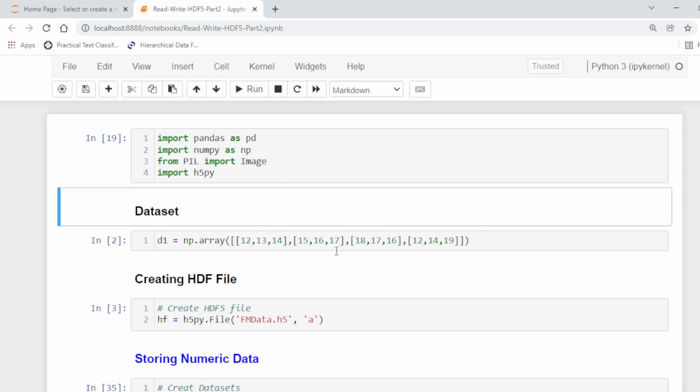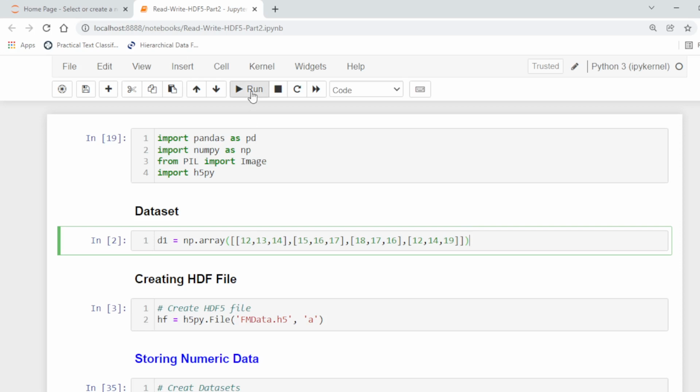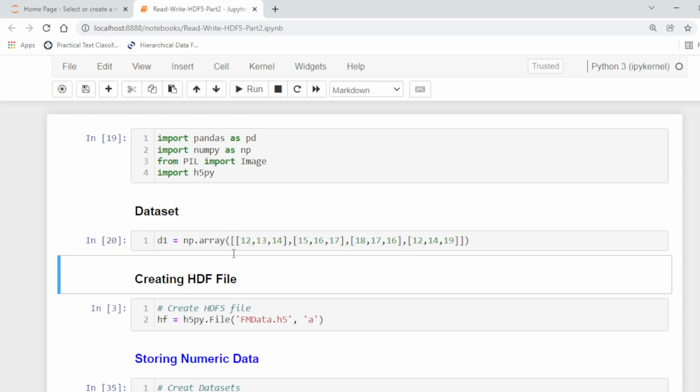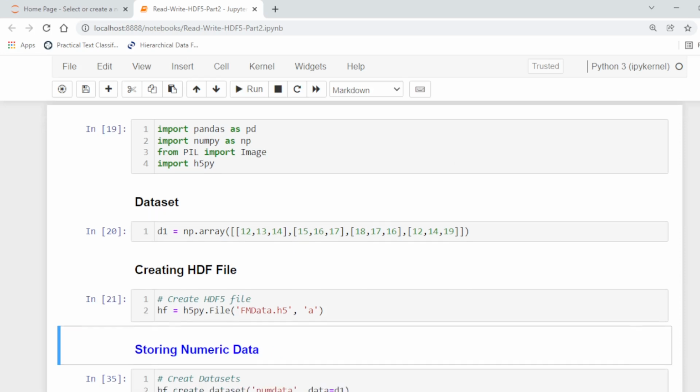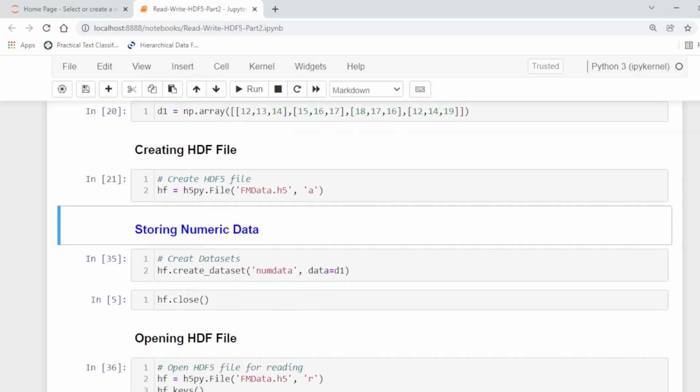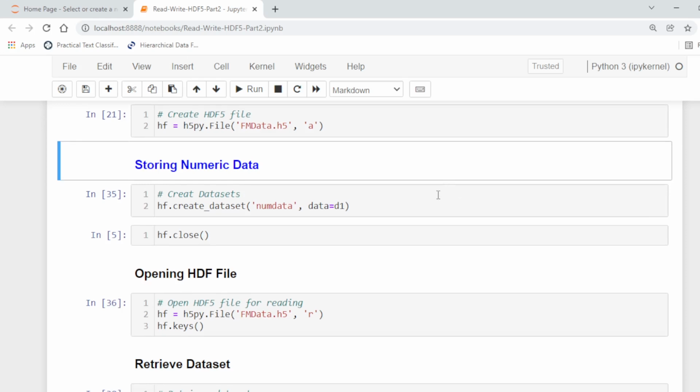This is a numpy 2-dimensional array with 4 rows and 3 columns. Here we create a file, fm data, with the mode A, so we can append the data. To store the numerical data, we create a data set named num data.